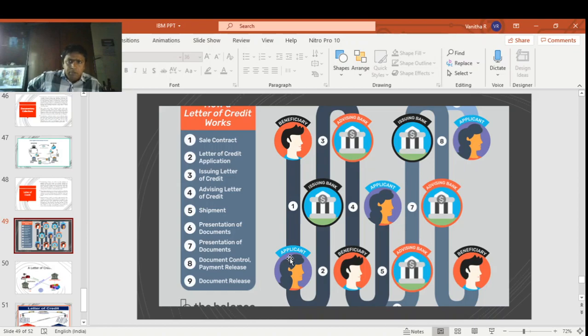Sometimes you become beneficiary or another person becomes the applicant. Then issuing bank and the advising bank. And these guys consider your branch bank also as a different bank. So according to the international bodies and articles, you have to be very